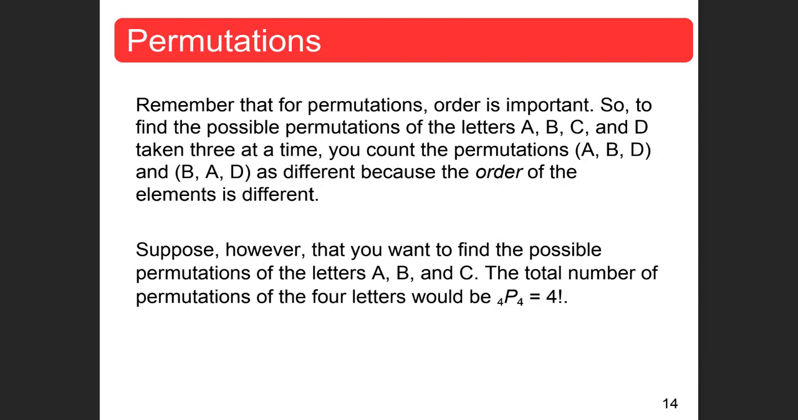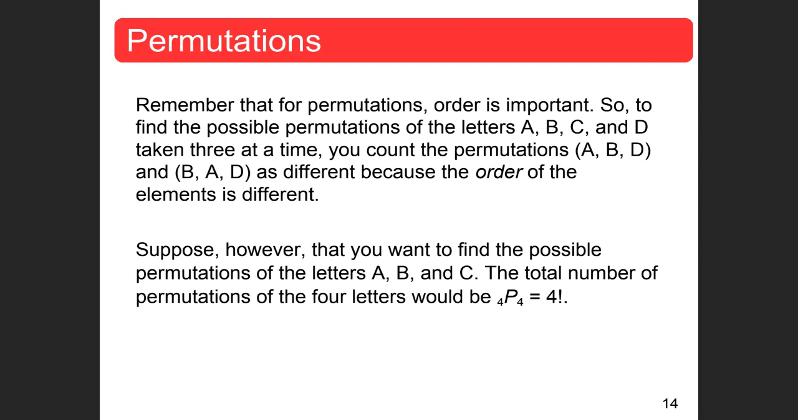For example, if you have the letters A, B, C, D, and you want to take 3 at a time, you can count permutations A, B, D and B, A, D as different because the order of the elements is different. Okay? I always tell kids that when order matters, like for example,